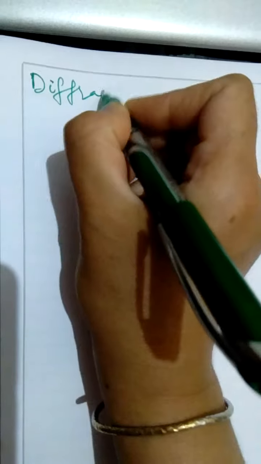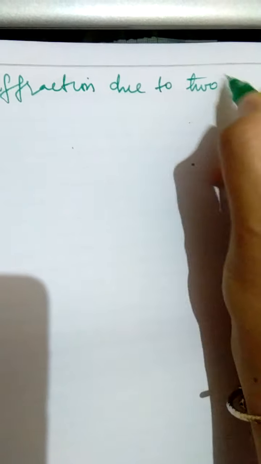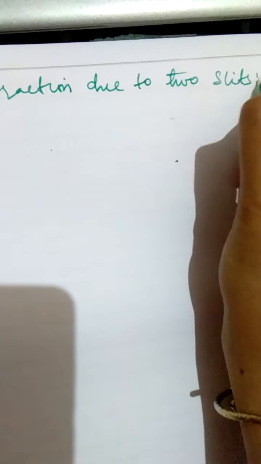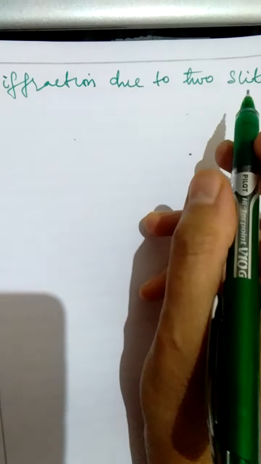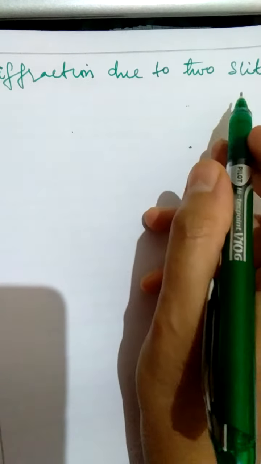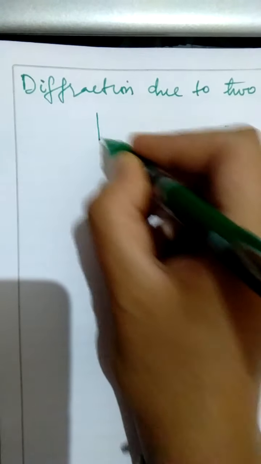Dear students, today we shall be discussing diffraction due to two slits. This will be largely based on your previous knowledge, whatever you have learned in the diffraction pattern of a single slit, right? Now suppose we have two slits in this way,